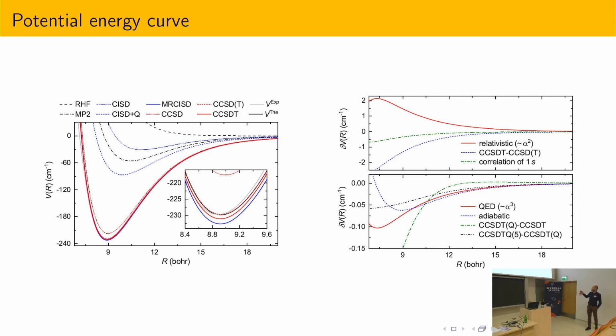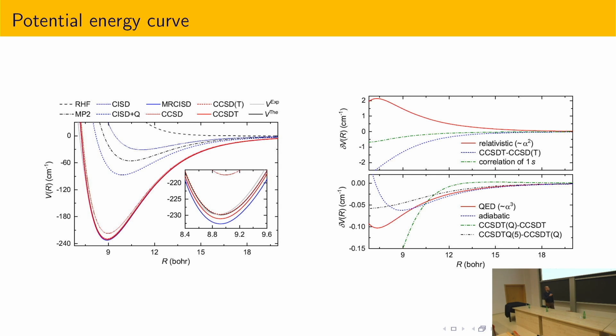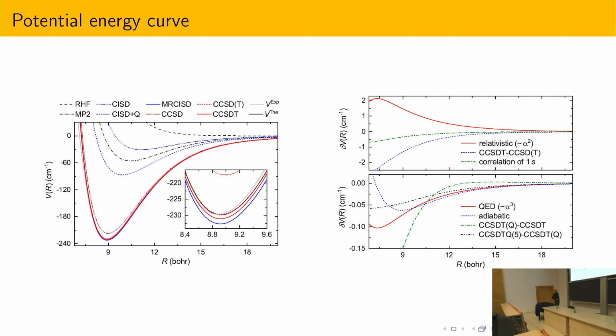Of course, we also have the higher excitations contribution. As you may see here in this particular case, both contributions have similar amplitude and different signs, so it means that they may cancel out a little bit. But then we have the family of other contributions, which are more or less one order of magnitude smaller. And this is mostly quantum electrodynamics effects, adiabatic, and most of the higher excitations.